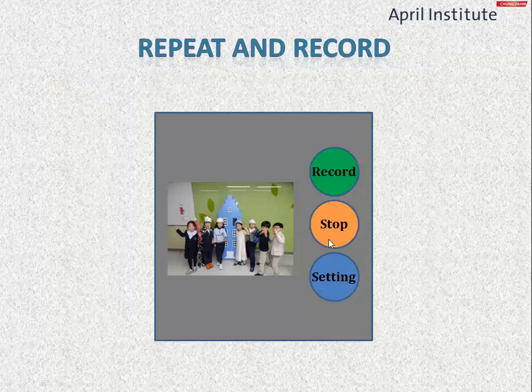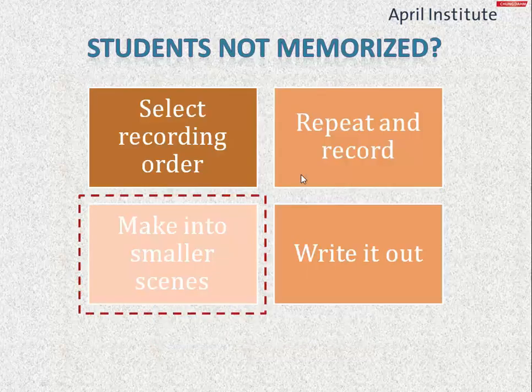Anyways, so what you'll do is say the line. So maybe the line would be, what do you want to drink? So you'll say, what do you want to drink? And then hit record. And then generally students can always say it right back to you. So in the case that they're not memorized and it's a short line, then say it to them, press record, and then they'll say it back to you. And then when you put it into the movie maker later, even though it's just one line, it won't look bad at all.